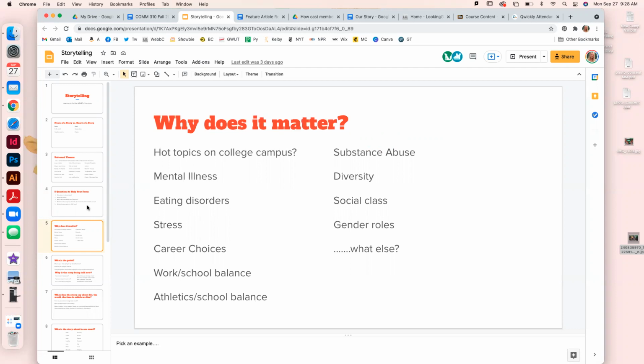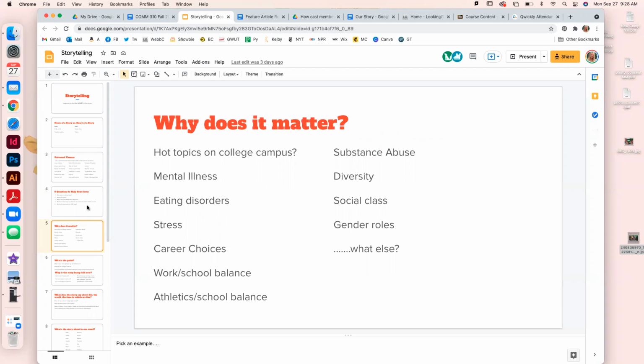Work school balance. Anybody here have a job? Anybody here play a sport? Anybody here have a job and play a sport and go to school? There's that balance that really takes a lot on somebody, right? Substance abuse. Anybody know anyone affected by substance abuse of any kind? Yeah. Diversity, social class in college, gender roles,